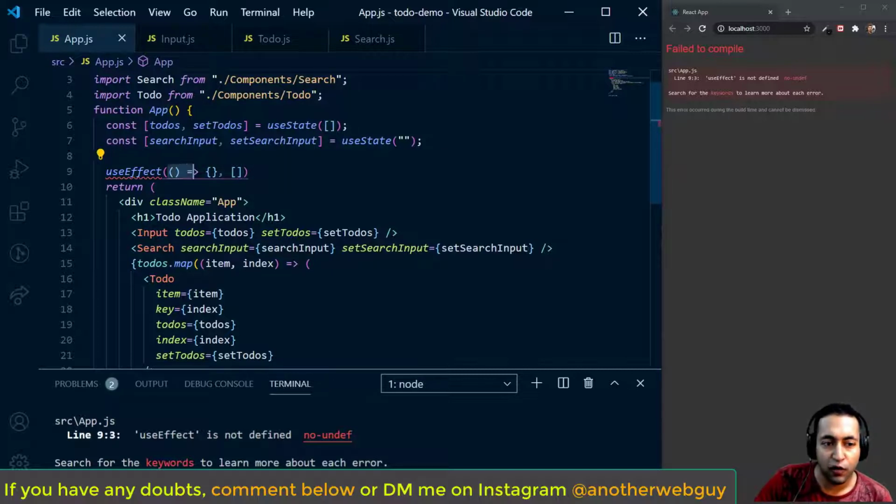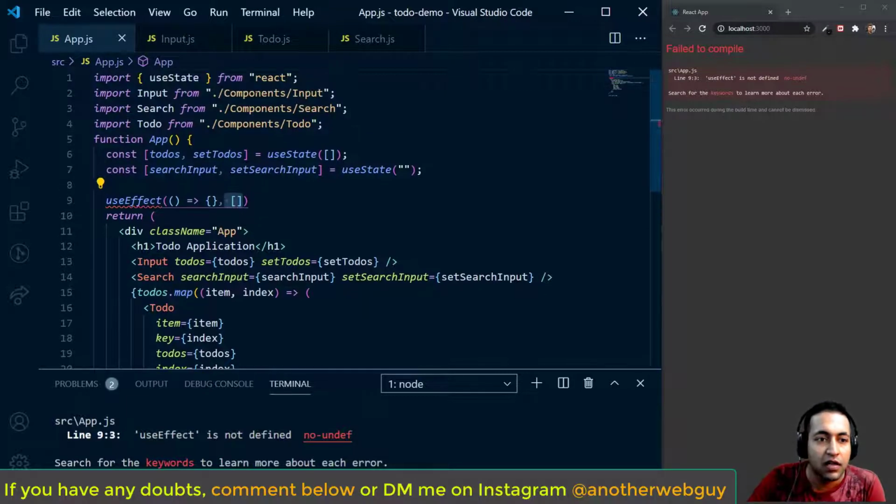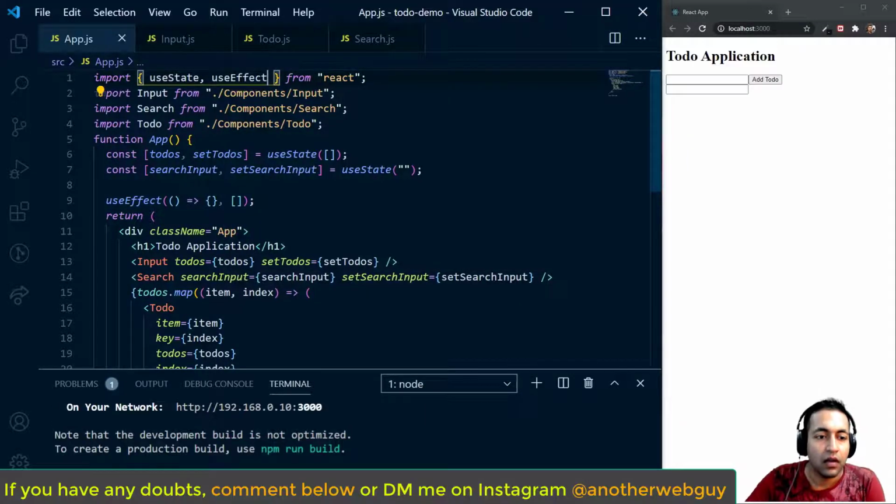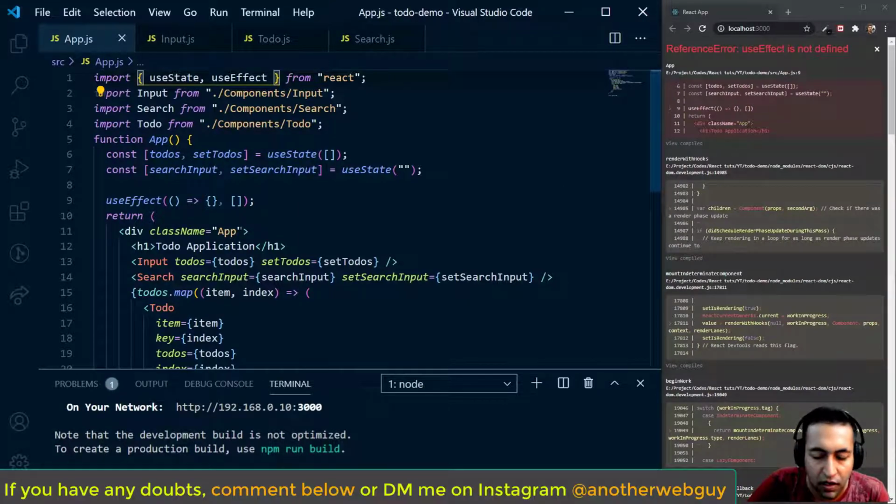So this function will run every time anything inside this array changes, and if this array is empty, then this function will run every time the component renders. So that is how useEffect works. You have a function and you have a dependency array, and this function will run every time anything inside the array changes. Now to use useEffect, we need to import that from React. So apart from useState, we'll say useEffect like this, and inside this function we will say